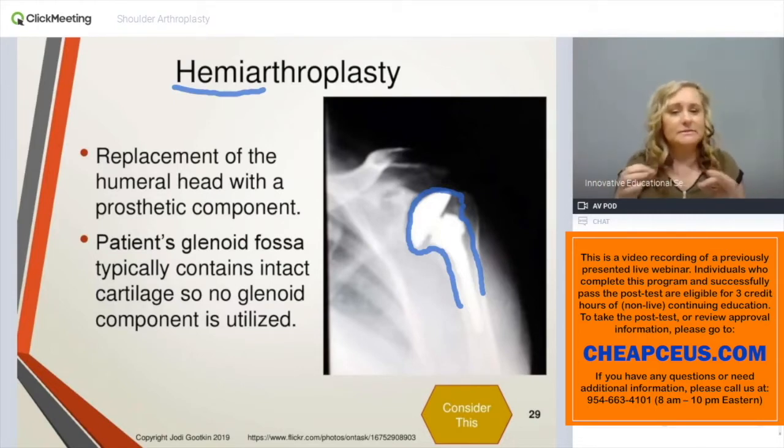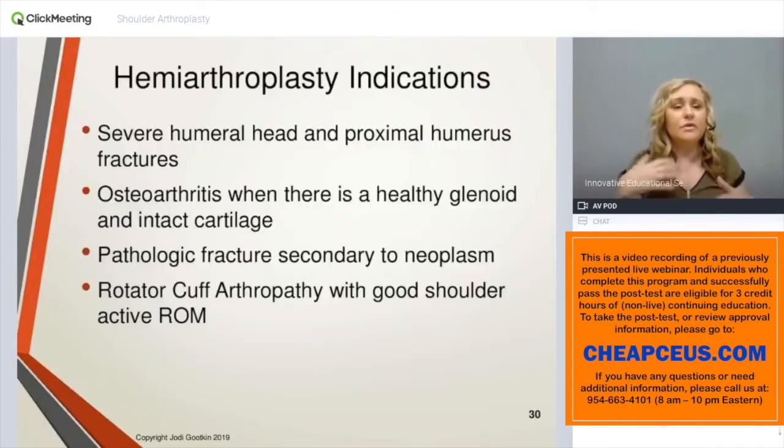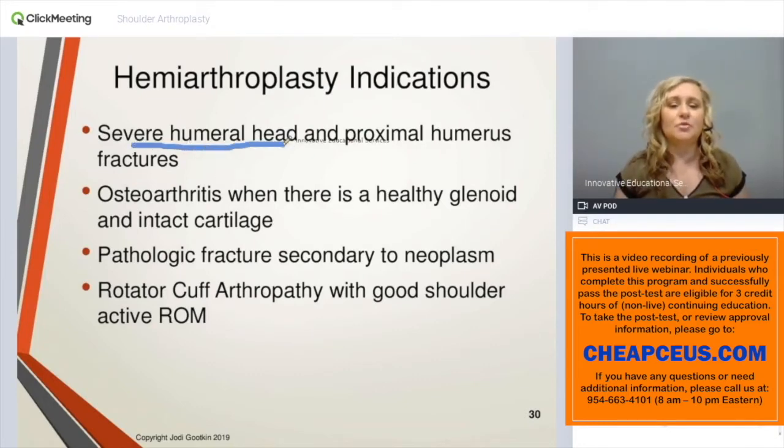So that pain relief tends to be a little, they say, unpredictable for those individuals. The reason they might choose to utilize this procedure is when someone has a very severe humeral head fracture where there was that turning and twisting and fracturing off of the tuberosities, or a concern for avascular necrosis. So they might go in and try to do a humeral head